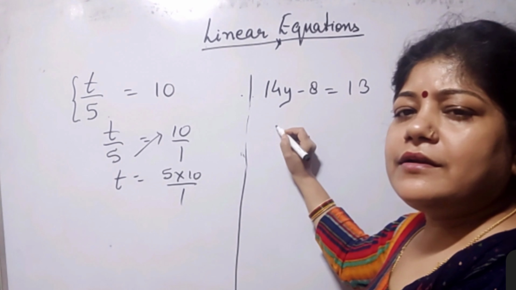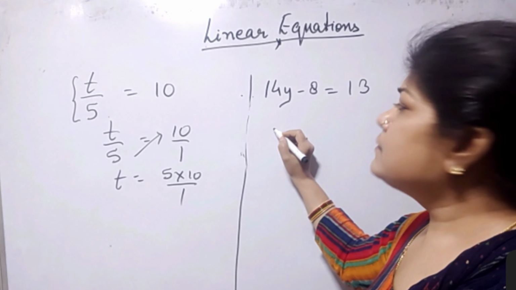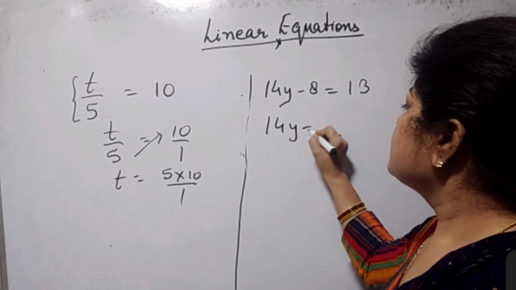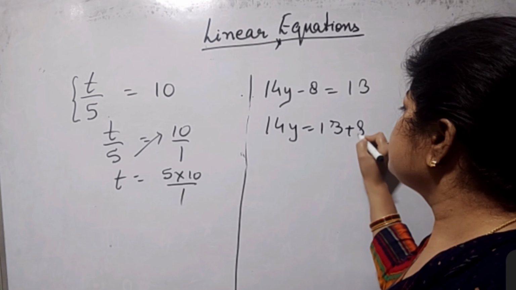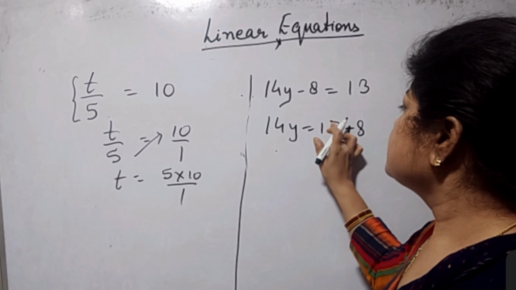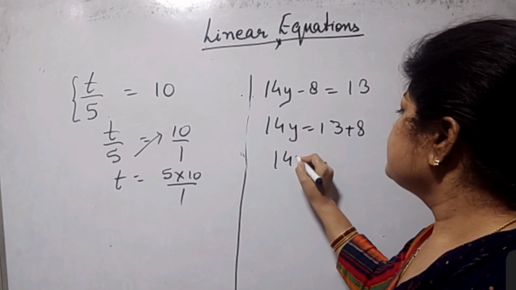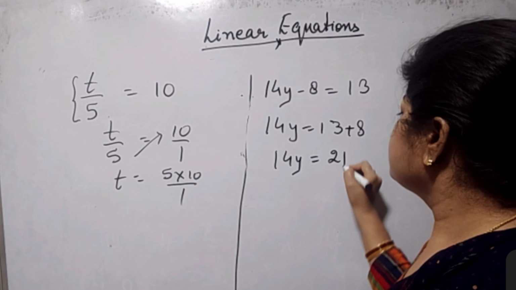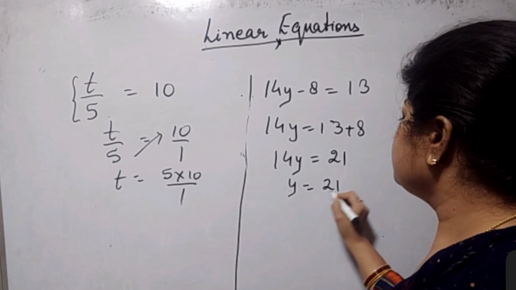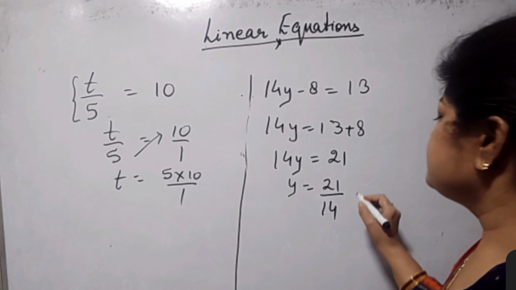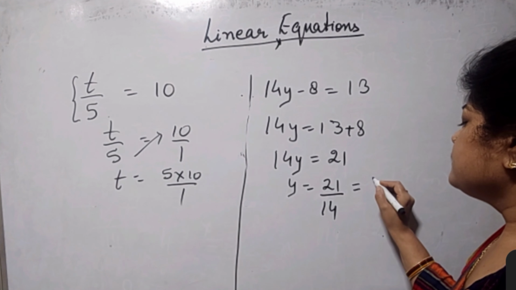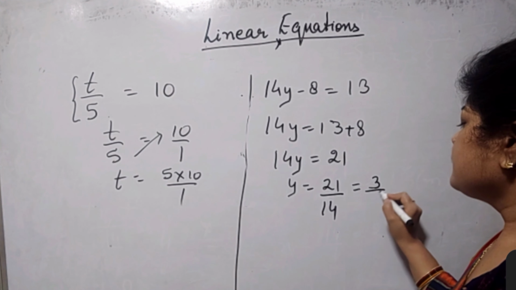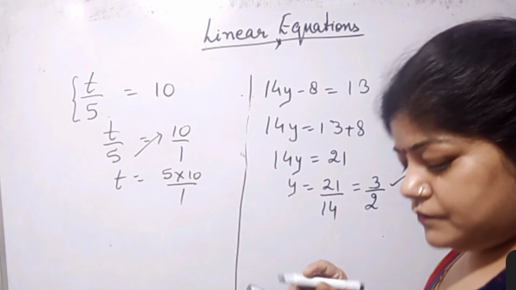Parishi, what will I write? Ma'am, 14y is equal to 30 plus 8. Very good. Then y is equal to 38 divided by 14. Very good. Then, ma'am, we will cut it and it will be 19 by 7. Okay. Now comes